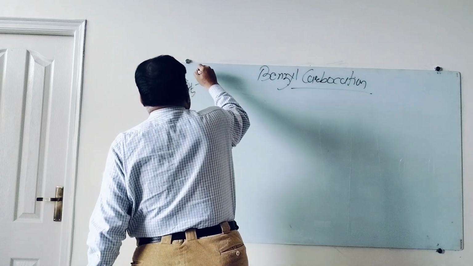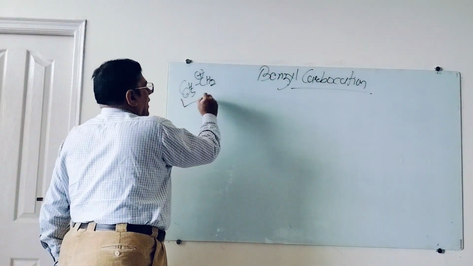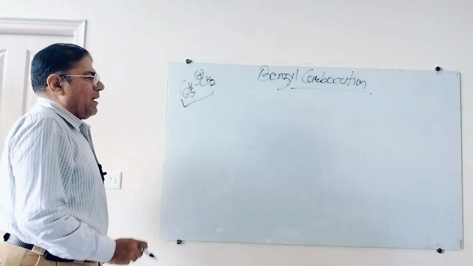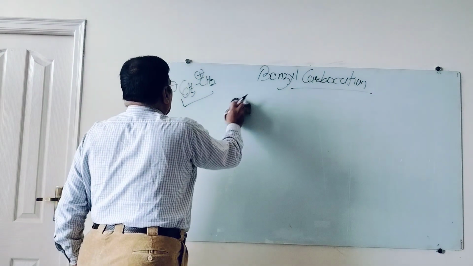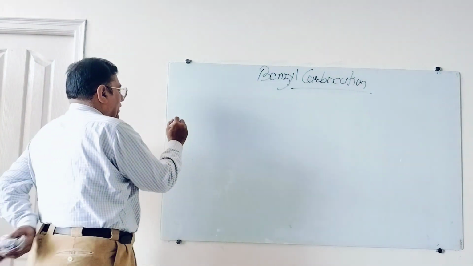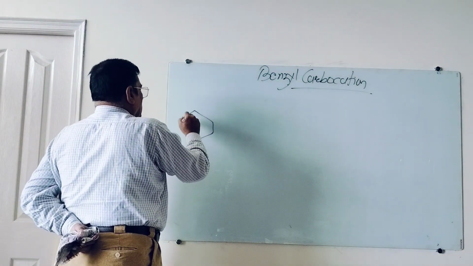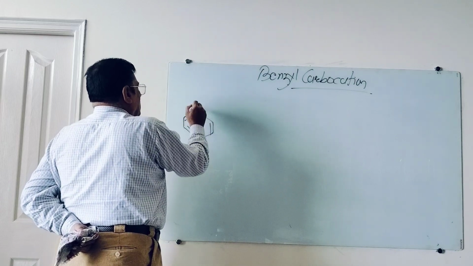If you remove one hydride from toluene, that becomes benzyl carbocation. Benzyl carbocation is undoubtedly much more stable than allyl carbocation. Reason? More resonating structures. You see, this is